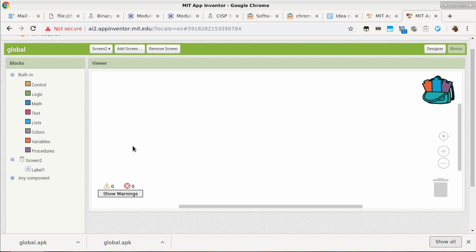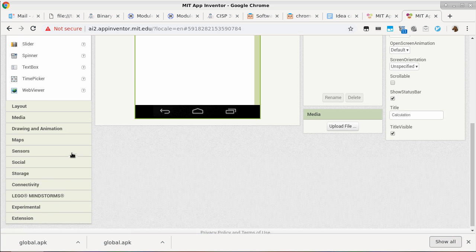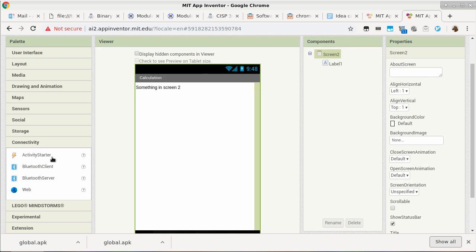But once you, okay, I take it back. We can, but you have to use, okay, I'm forgetting the name of that thing. Okay, so if you scroll down this list here and you go to connectivity, and you scroll down, Activity Starter. So with Activity Starter, if you know specific names of an app, you can start an app and jump to a particular screen of that app. So that means an application doesn't have to start with the first screen or the second screen. You can jump to a particular screen if you know the name of that particular screen.